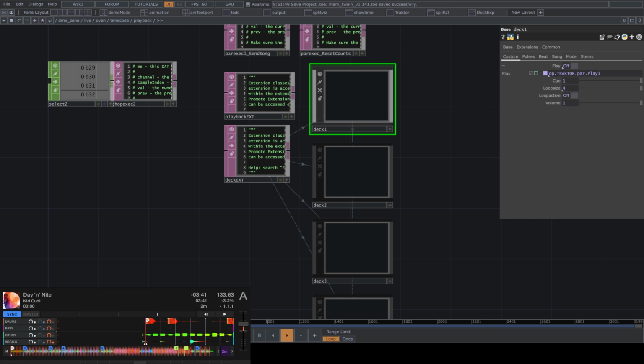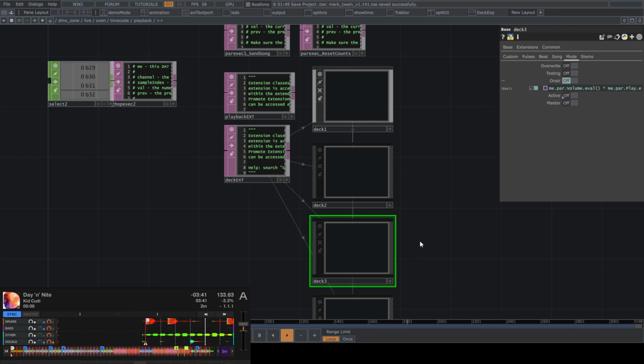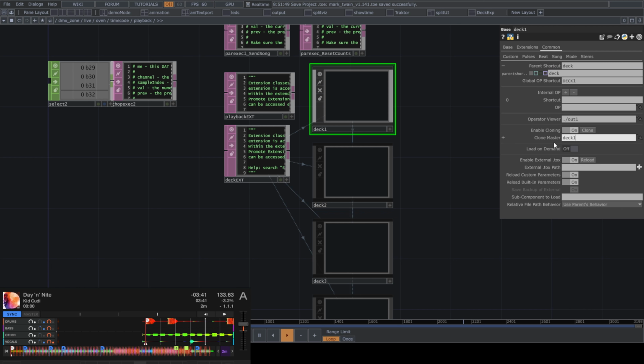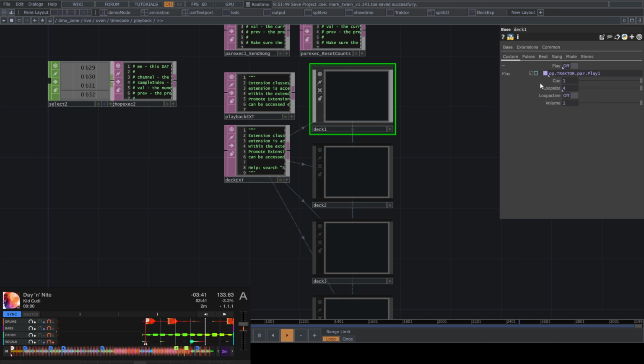Now we'll head over to our playback component that I have created to mimic the decks of Traktor in Touch Designer. The deck 1 is kind of our master component here, and the deck 2 through 4 are clones, as set in the clone master parameter. We have set up custom parameters to mimic the information we're receiving in our Traktor communications base. We use binding here using global OP shortcuts to